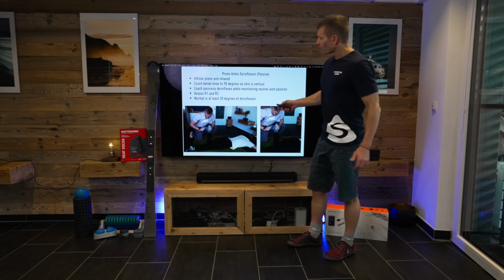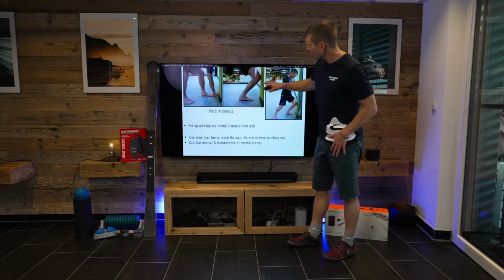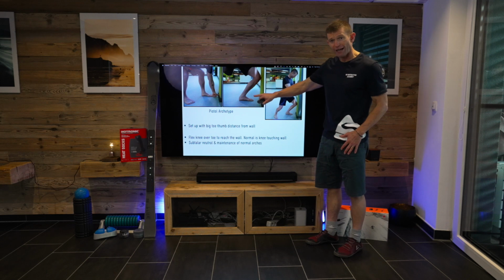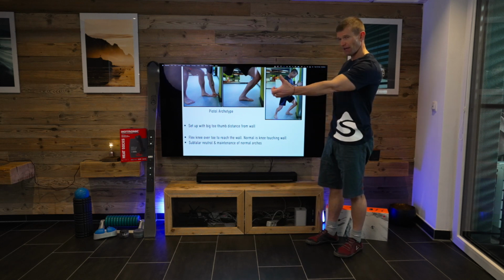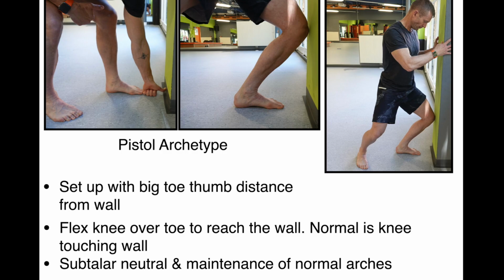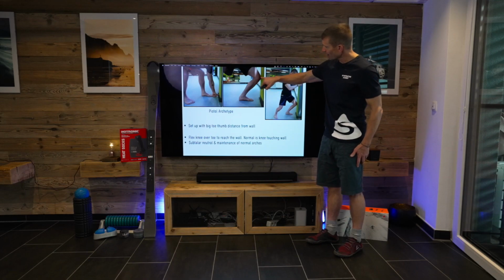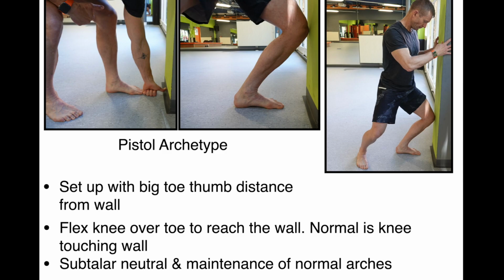Okay? So in that position here, for example, when we do the old 5-inch rule test, that is a fist and a thumb to the wall, you can see the foot arch here and the big toe on the ground, and I'm touching my knee on the wall. If I couldn't do that, that would be a sign that there's a bit of a shortage of movement.